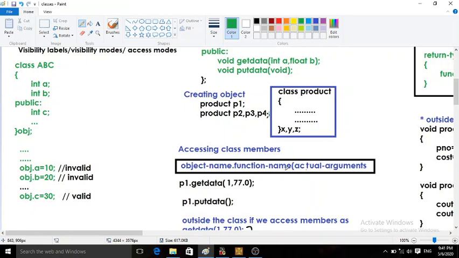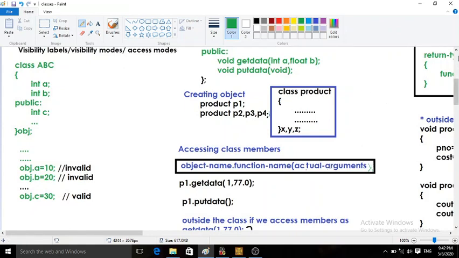Definitely this is a member function, in bracket actual arguments, and here close the bracket, and you have to give semicolon, end with semicolon. So object name dot member function name in bracket actual arguments, whatever we want to pass.